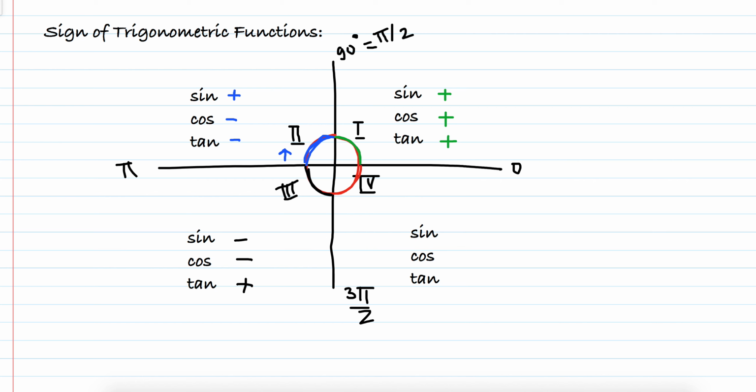In this part x coordinate is positive because it's to the right of this line, but y coordinate is negative because it's below this line. So cos depends on the x coordinate, which is positive, so cos will be positive. Sine depends on the y coordinate, so it will be negative. Tan is the ratio of negative and positive, so it will be negative, and cot will also be negative. So in first quadrant,